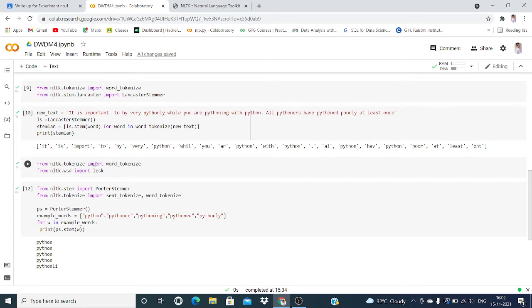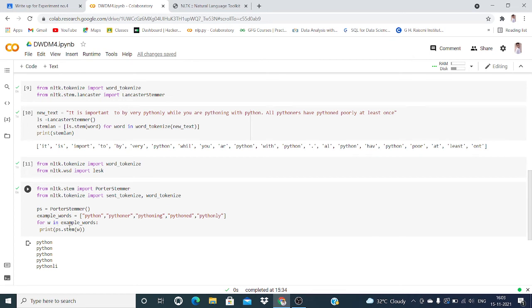From nltk.tokenize import word_tokenize, from nltk.wsd import lesk, from nltk.stem import PorterStemmer, from nltk.tokenize import sent_tokenize, word_tokenize. ps is equal to PorterStemmer. Example words is equal to Python, Pythoner, Pythoning, Pythoned, Pythonly.